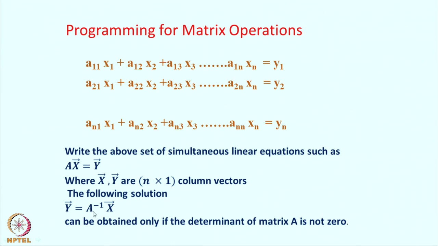Actually this should be x equals A inverse y, sorry. This is a mistake here. It is not y is equal to A inverse x, actually y is equal to Ax. You see that y equals Ax. So, if I want x, I should take A inverse on the left side, A inverse into A will be 1, A inverse into y. So, please read this as A inverse into y will be x. I am solving for x.